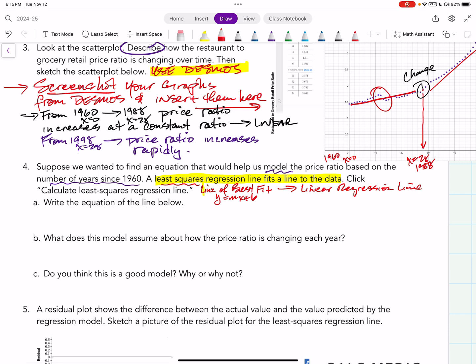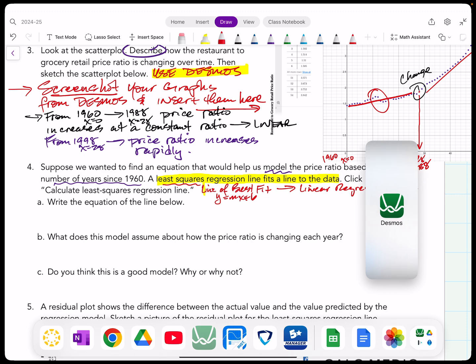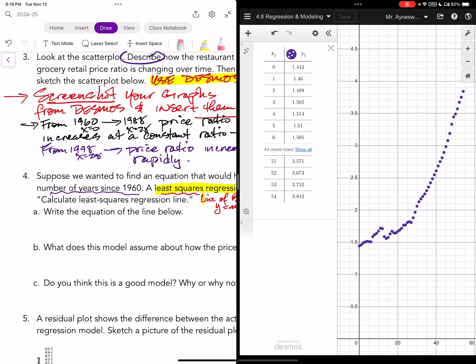All right, so here we go. So what we need to do is go to Desmos here and get the data set. So I'm going to split screen, and so do this simultaneously with me here because that's what you guys should be doing. Okay, so notice we already have the data set in because I did that with you in class. Okay, if you were absent, then talk to your partner right now because this is important. You can do it in 60 seconds. It's that easy, okay? So we have the data set in here,